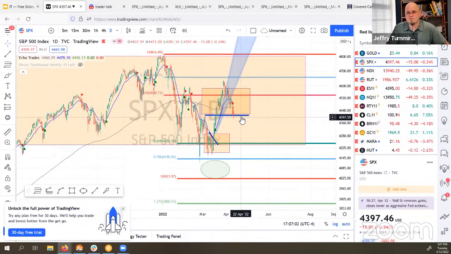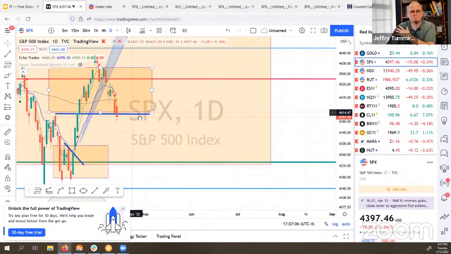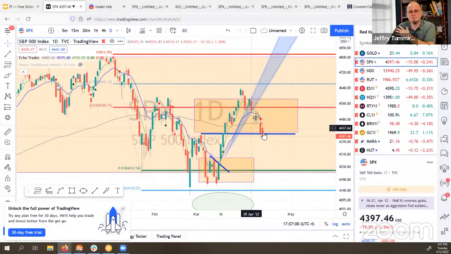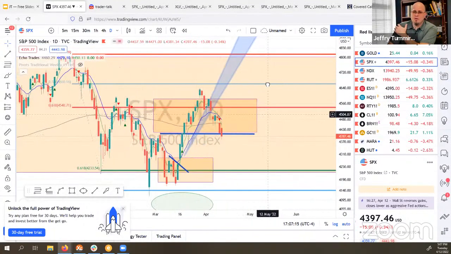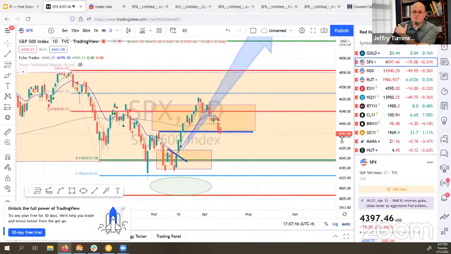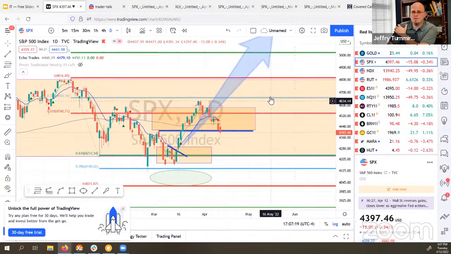And right now, you see that blue line right there. I drew it across there as a support level. We held it today somewhat, really testing it today. So this next move up, I just don't think we're going to be able to break through this 786 on the next attempt. I think it's going to take 2 attempts before we can get through there. And that's the long and the short why I think that's going to be the resistance area.